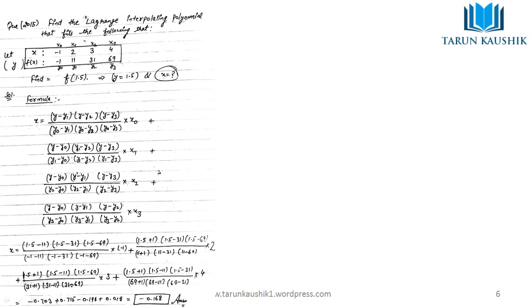Okay, and in the denominator, in the first case you will be subtracting these values: y0 minus y1, y0 minus y2, y0 minus y3. In the next, y1 minus y0, y1 minus y2, y1 minus y3. And in the next, whichever one you take, leave it out and subtract it from all the rest. In the denominator part you will be getting this formula and just put the values, get the answer. Very simple, isn't it? Yes, you will be getting this after doing it 2 or 3 times.